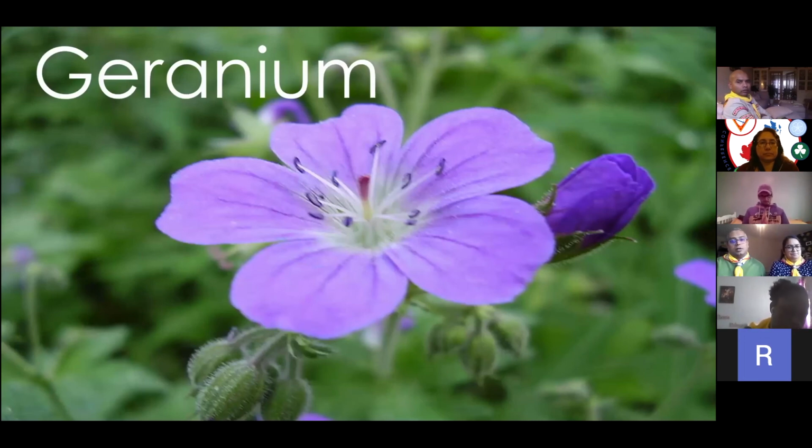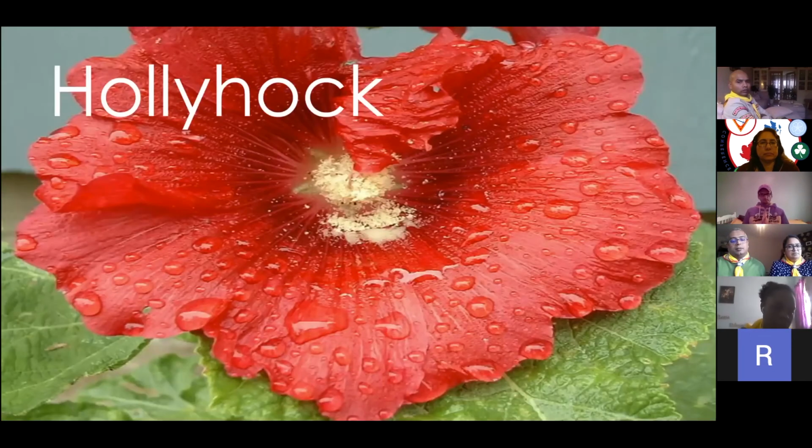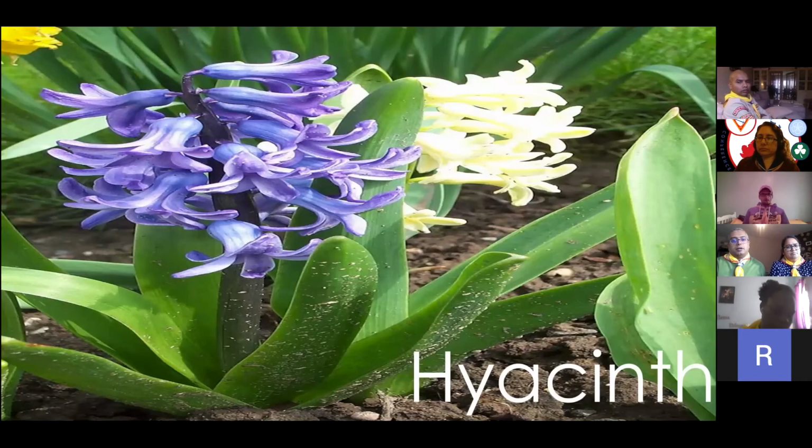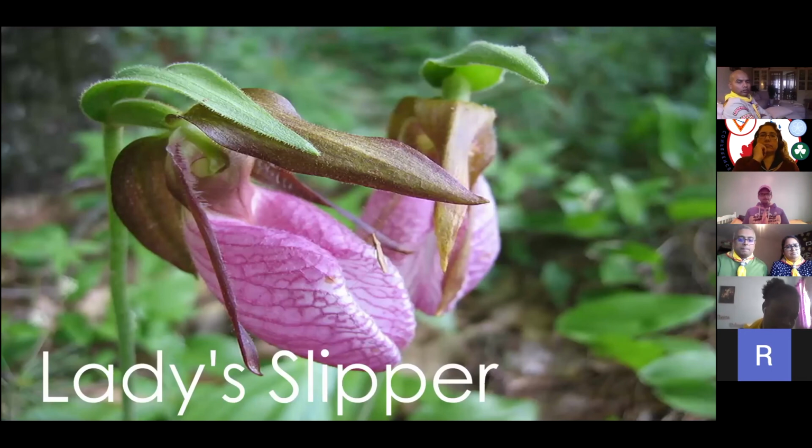Hollyhock. Hydrangea, a flower that we see a lot around. It's a shrub for ornamental purposes, very, very popular in pink and blue and green and various colors. Hyacinth, one of my favorite flowers, very, very pretty and beautiful. Again, available. Lady slipper, it is an orchid, as we saw earlier, from the Orchidaceae family. Iris,